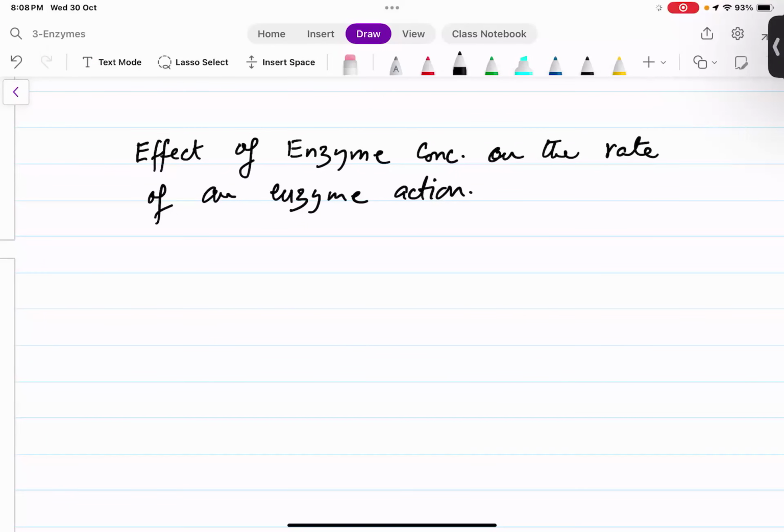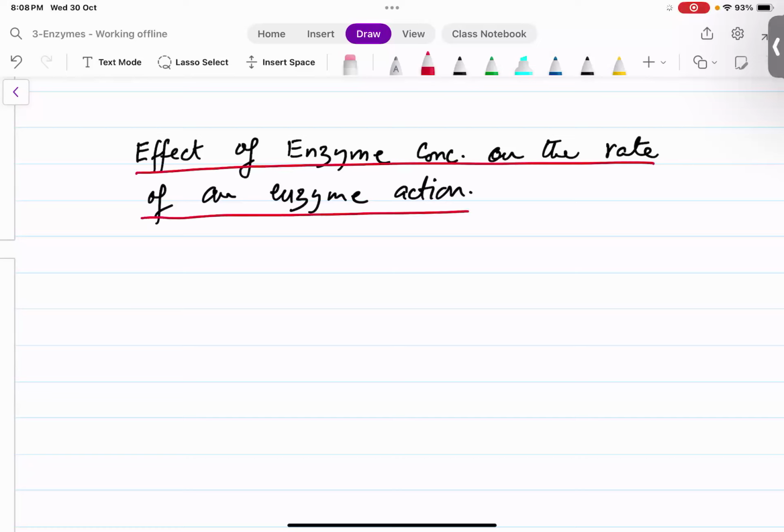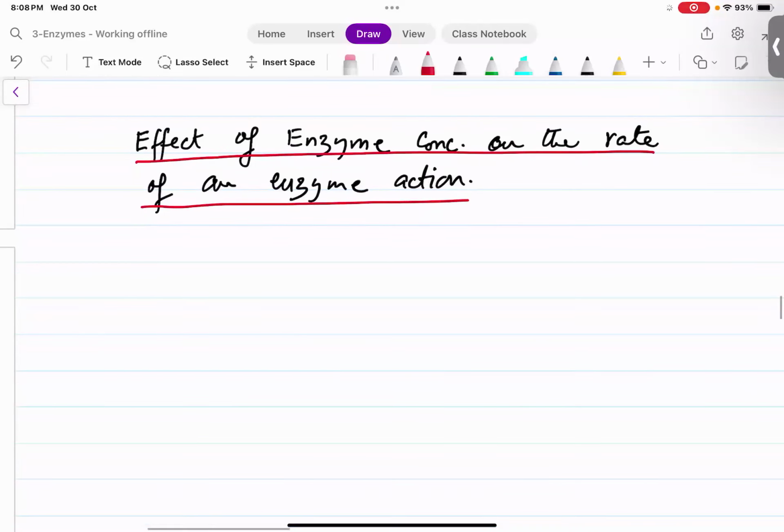So to investigate the effect of different enzyme concentrations on the rate of enzyme action, we can do an experiment in the lab. But how do we do that? Let's see. I'll just briefly discuss an investigation which could be used to investigate the effect of enzyme concentration on the rate of enzyme action. For example, we can take 5